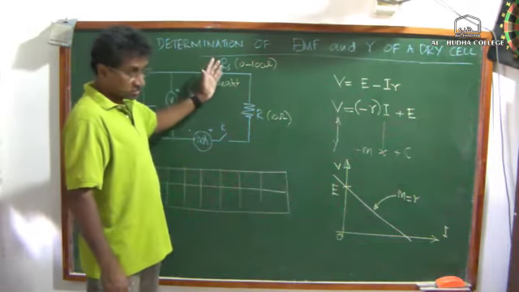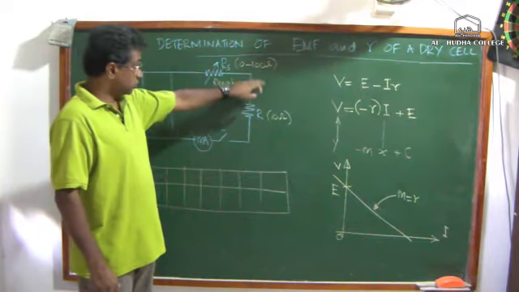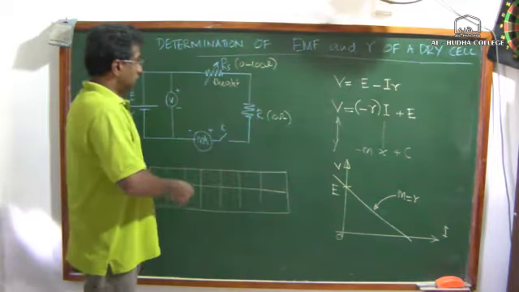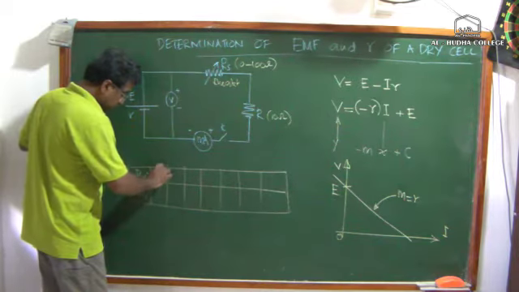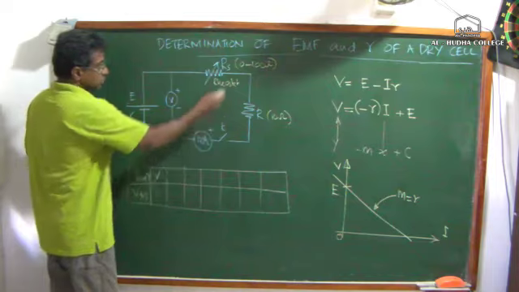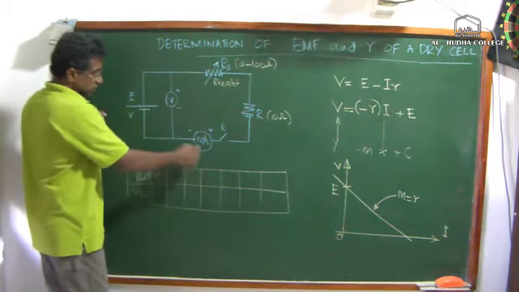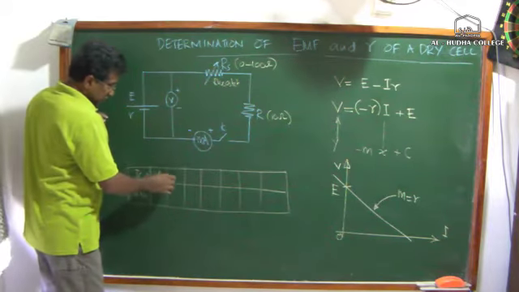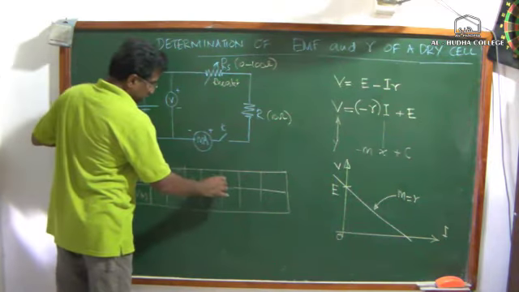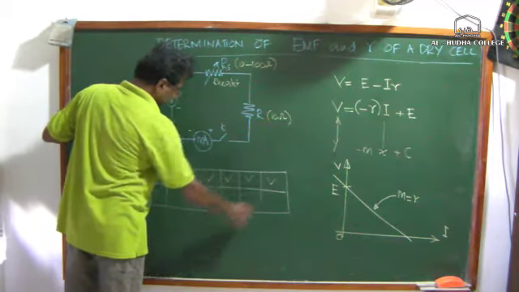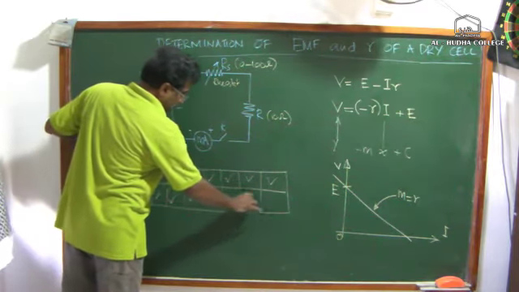They ask you to keep the internal resistance, the rheostat, at the highest possible point. The highest possible is 100 ohm. So total resistance will be 110 ohm, right? So that is the minimum current, right? They ask you to start with the minimum current, and then every time you reduce the rheostat resistance so that the current increases by 25 milliamps. So each time in 25 milliamp steps you go with the current, and then measure the voltage and draw the graph.